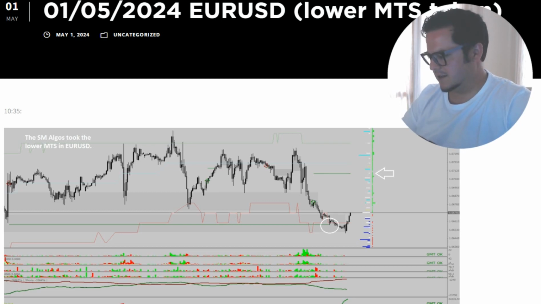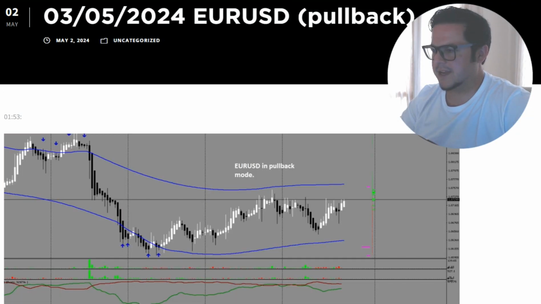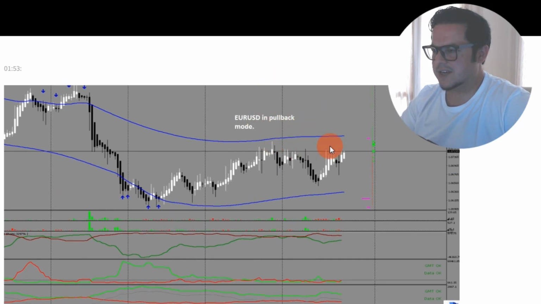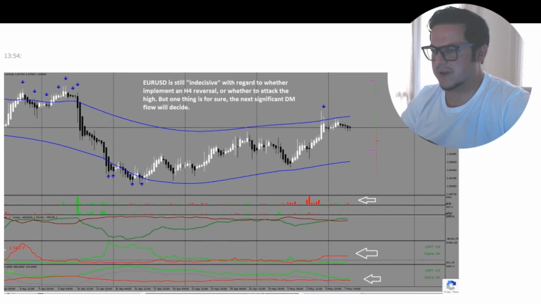Let's get started. So like euro dollar, remember back then it took the lower MTS, and then we had this situation here where there was a high as a target, all these highs here, and an LTS above the price on the 3rd of May. So there was a stop hunt taking out all these targets. Shorties came in, so the market went further up against those shorties, pushed by the smart money algos.